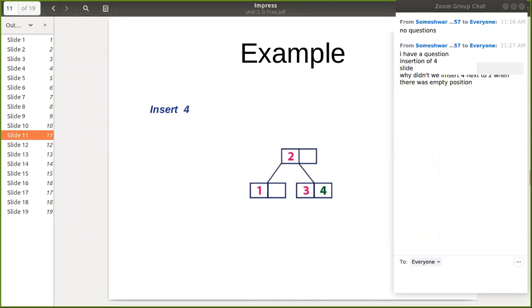Okay. So you mean to say, why are we not inserting 4 here? Okay. So the basic algorithm is like that. We are considering this one. If it is greater than this one, we follow the link. If we insert this 4 here...